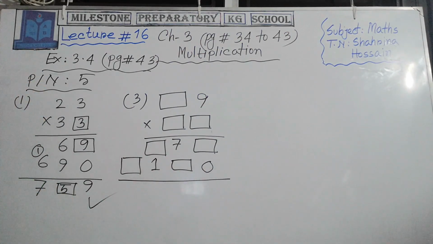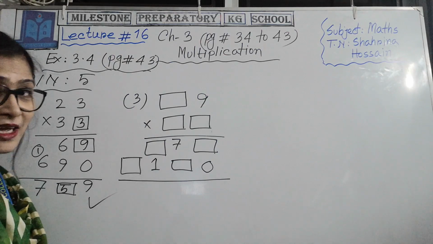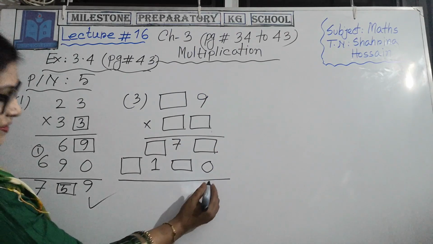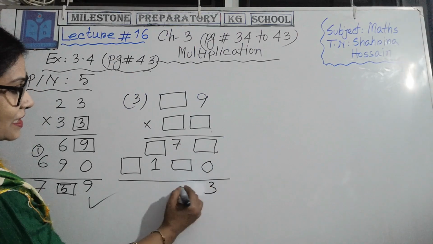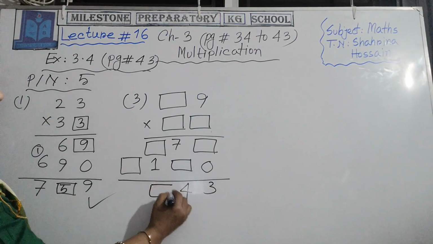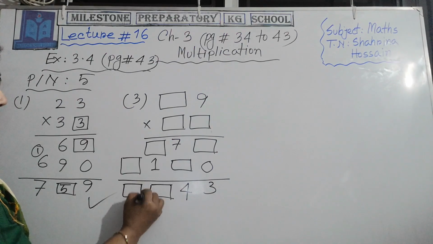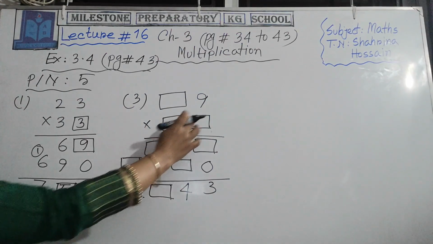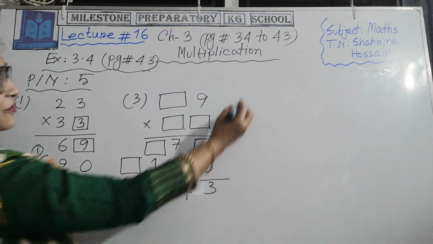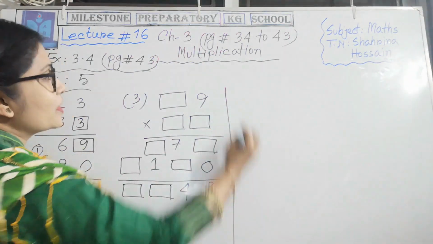So how can we find the answer? Do you think it's very hard? Yes, it's a little bit hard, but we need to find the answer very carefully. Here 3, then 4. In the answer side there are 2 boxes. At first see, they are giving clue 9, so we will find the times table of 9. Okay, we can do rough work here.